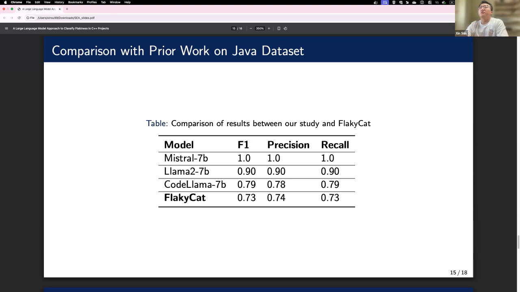For example, Mistral might have benefited from the C++ code for better generalization capabilities. And second, specialization is not always a guarantee of better performance. In our case, CodeLlama didn't surpass Llama 2, possibly due to trade-offs in its training objectives.